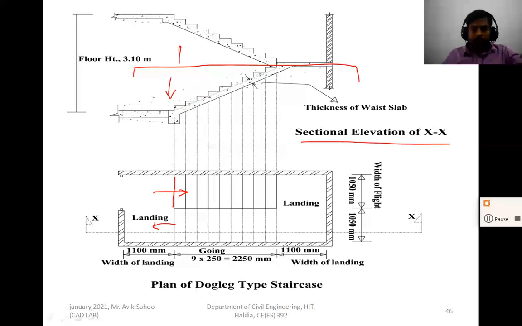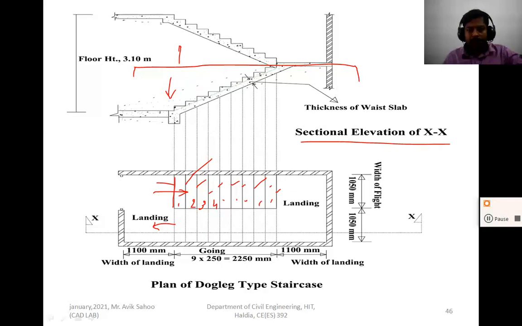And you know the number of treads. Here how many risers are used? 10 risers. You count: 1, 2, 3, 4, 5, 6, 7, 8, 9, 10. Whereas how many treads? 1, 2, 3, 4, 5, 6, 7, 8, 9.